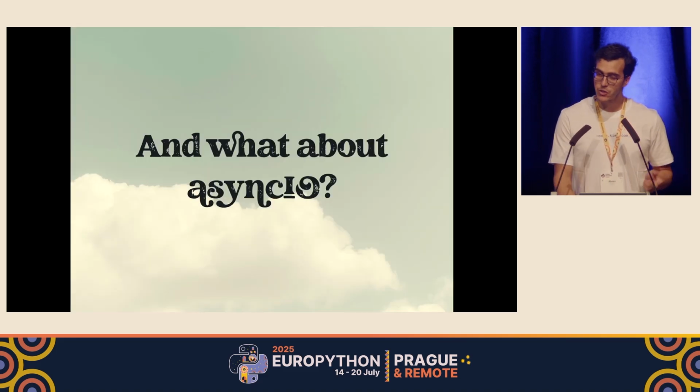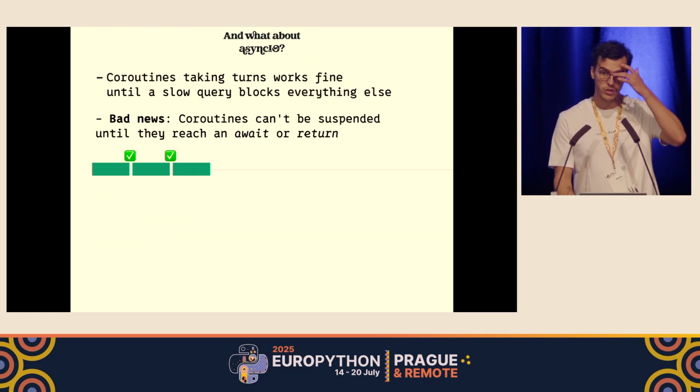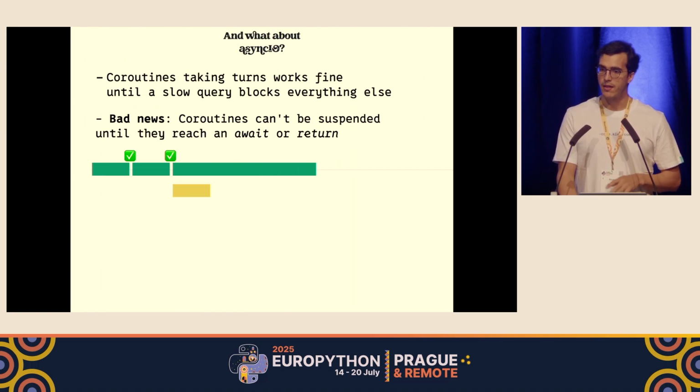Because if we try to do this with async, the result is going to be worse. And why is that? Well, the thing about coroutines is that we're going to have to explicitly tell the language to stop midway. And because there's no await in the middle of the connection, there's not going to be any way to stop them. So whenever there's a slow request happening, the other requests are going to have to wait, and they're going to stay queued, and they're not going to run.